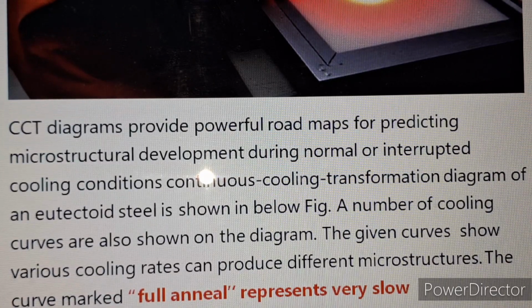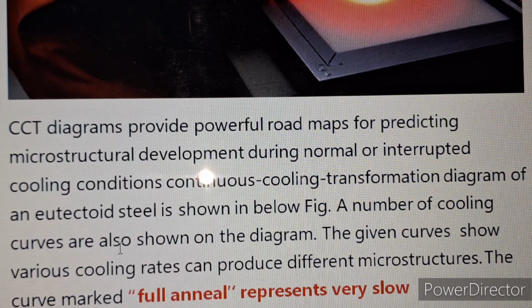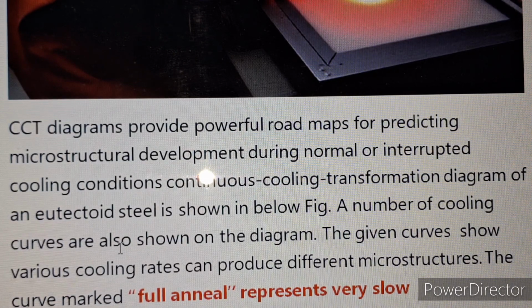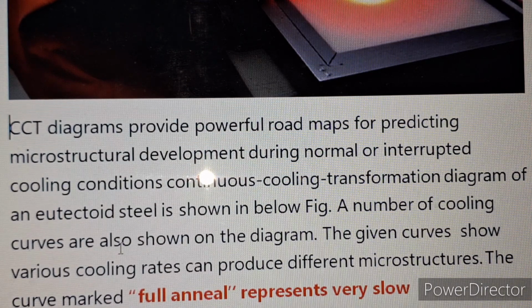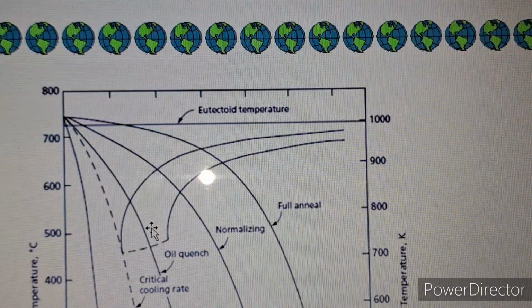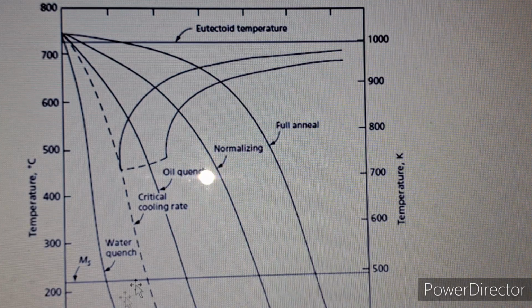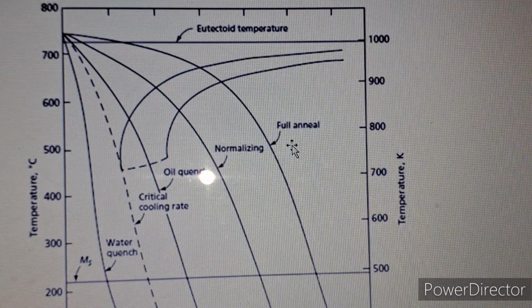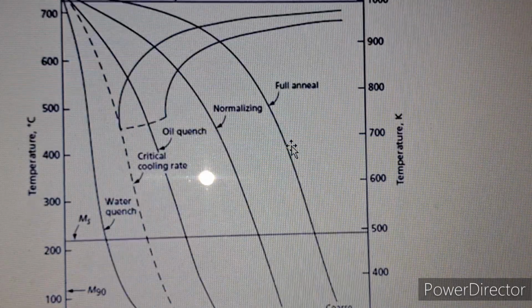The continuous cooling transformation diagram of a eutectoid steel is shown in the figure below. A number of cooling curves are shown on the diagram. The given curves show how various cooling rates can produce different microstructures. The curve marked full anneal represents very slow cooling. Here we see that the first one is the full anneal, and we put the austenitizing